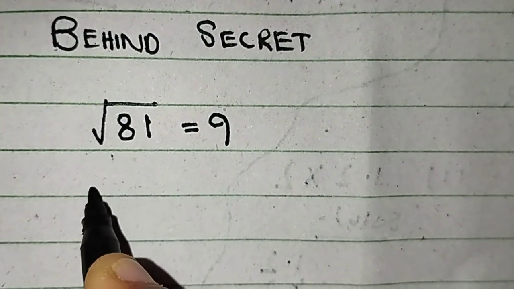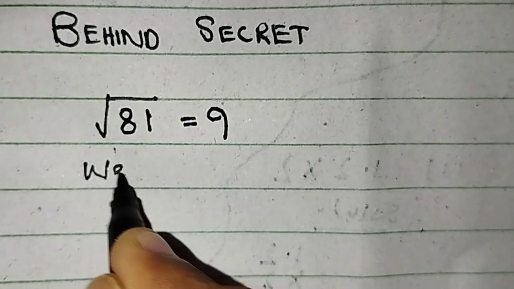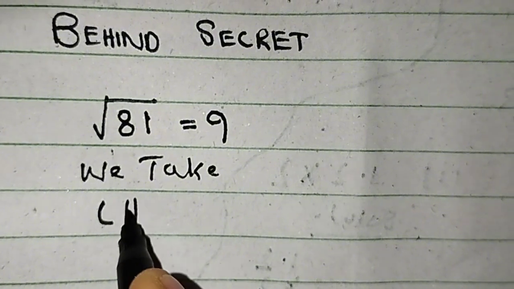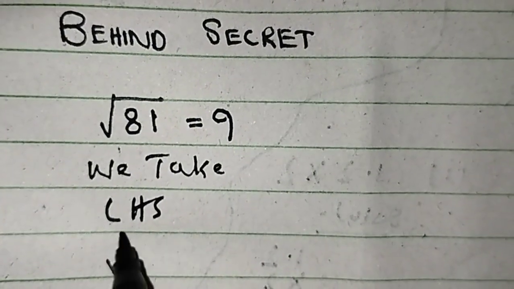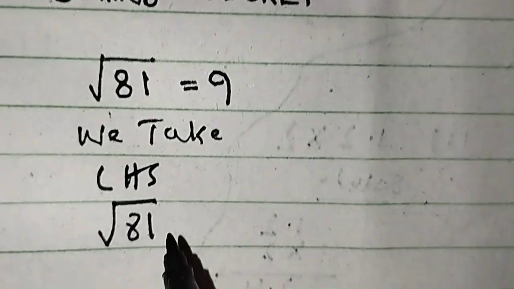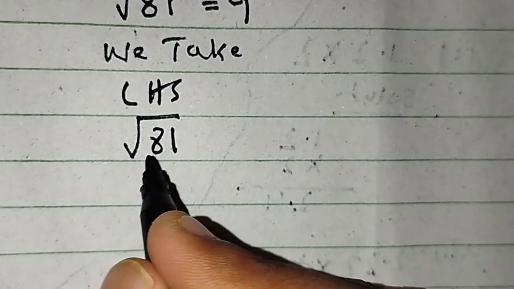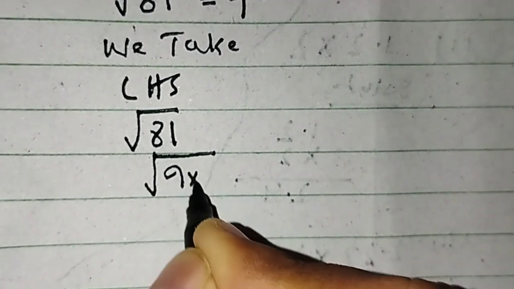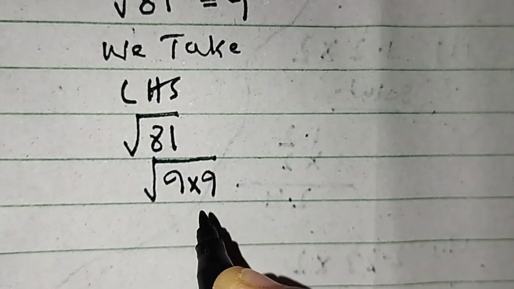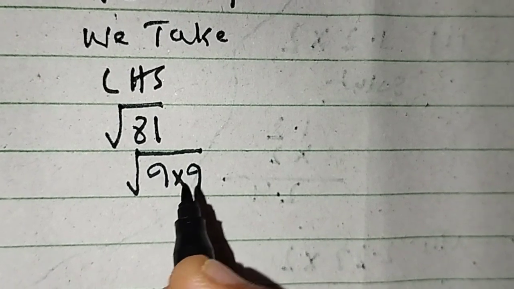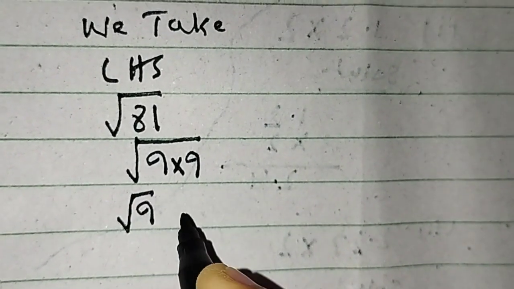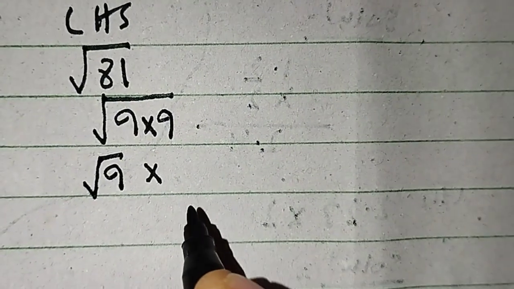So radical 81, we take the left hand side, radical 81. Here radical 81 we can write as 9 multiply 9. Both are the same. So we write separately radical 9 multiply radical 9,